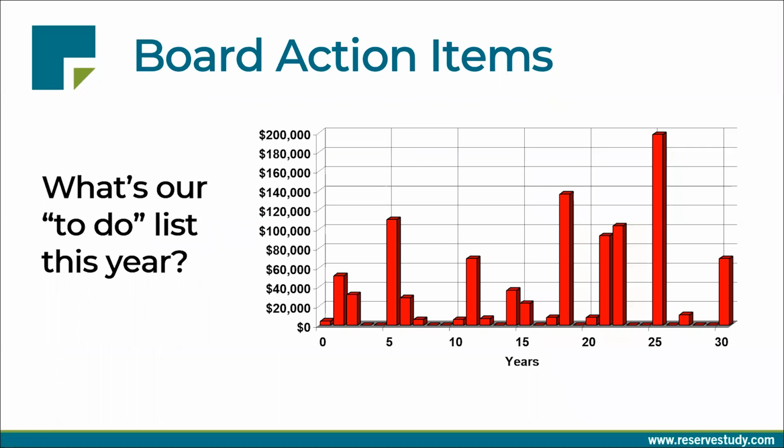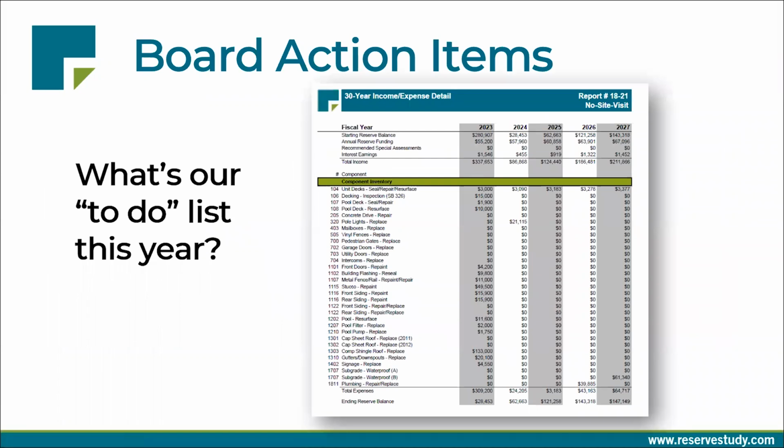And it starts out with, what's your to-do list? Well, this sample association that we've been looking at, there's not a long to-do list for this first year. And these boards of directors may be wiping their brow and saying, we lucked out. Because you look at this reserve component list year by year by year by year. You can see that in this initial year, this board has a lot of projects to start taking care of. And so in the first month of their fiscal year, they need to be starting their strategy, figuring out who's going to contact decking people, who's going to contact the siding people, who's going to contact the roofing people. And that's going to take some time.